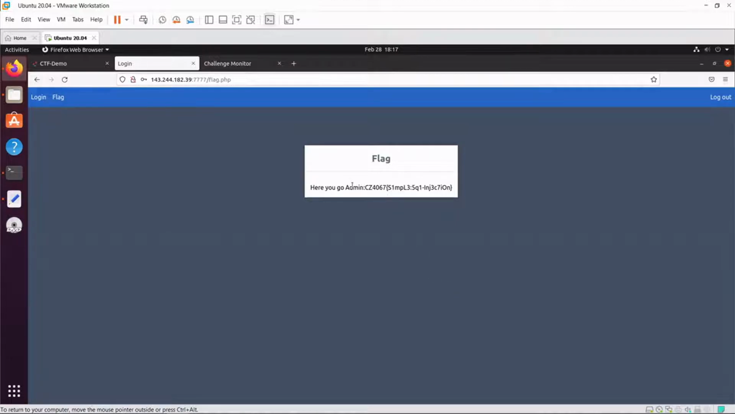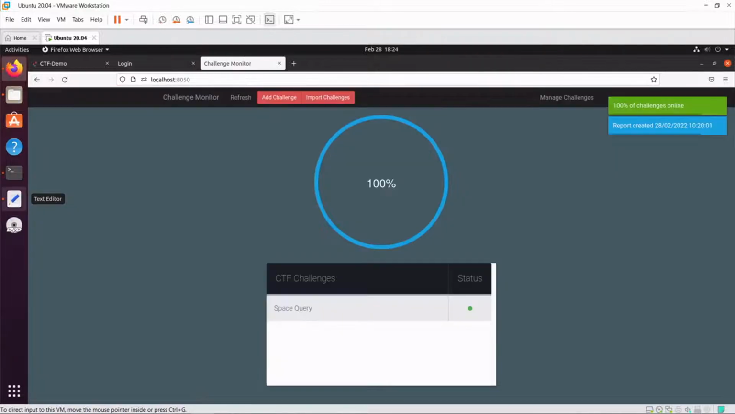So next, I'll be going through the workflow of the challenge monitor. Here, we have the challenge monitor where it refreshes the list of challenges every 5 minutes. The status of the challenge is indicated by the color in the status column. Now, in the event that the challenge goes down,